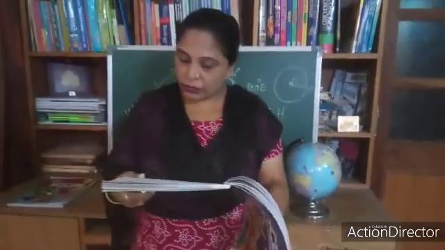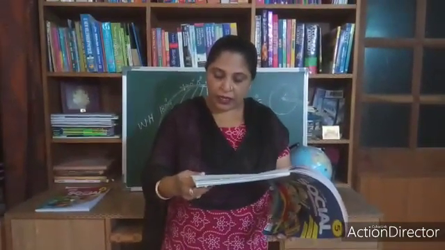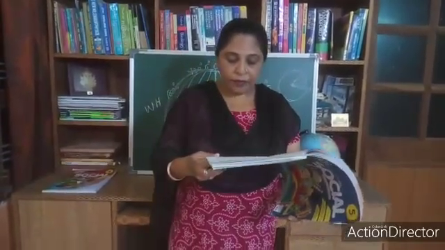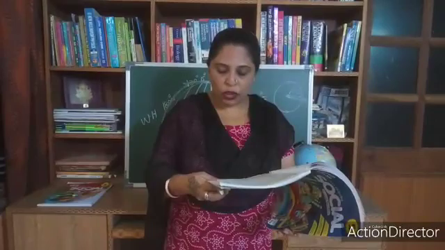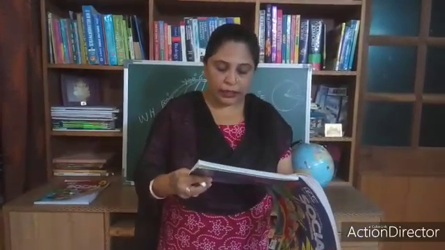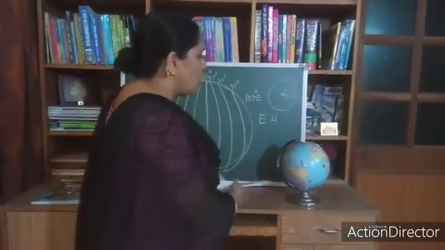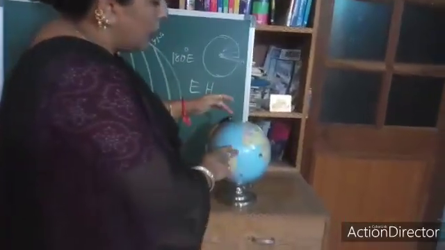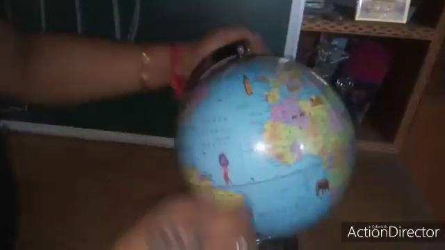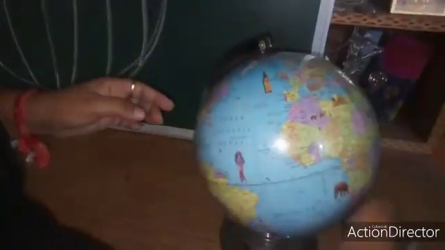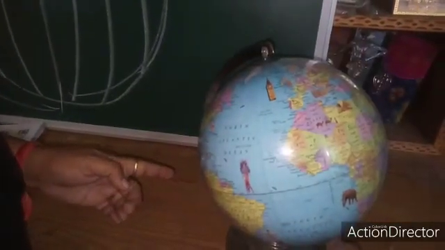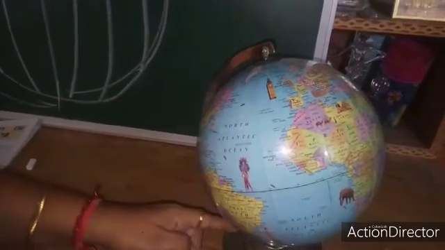Then the meridian of 180 degree west and 180 degree east is at the same line, which is referred to as 180 degree longitude and is also called the international date line. Suppose this is 0 degree and here it is 0 degree. It is a single circle. Suppose here 180 degree, here 180 degree. It is 180 degree longitude, but when it is in the east, we say 180 degree east. This is 180 degree west.